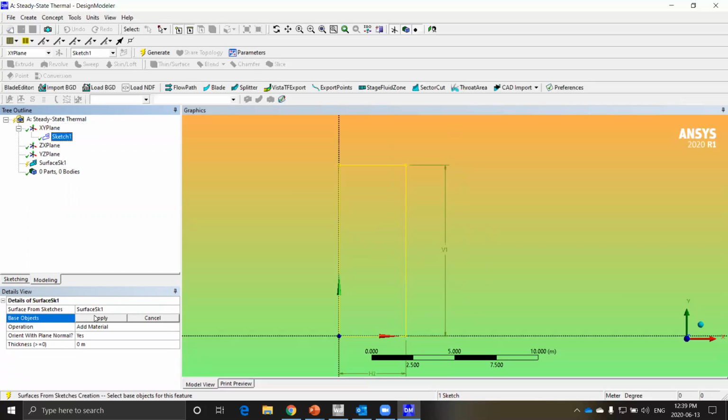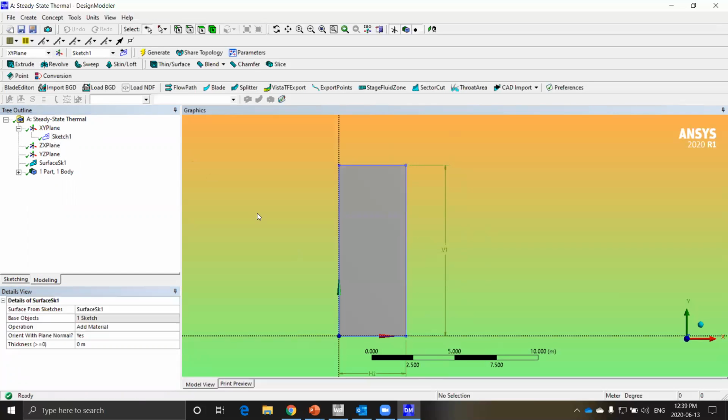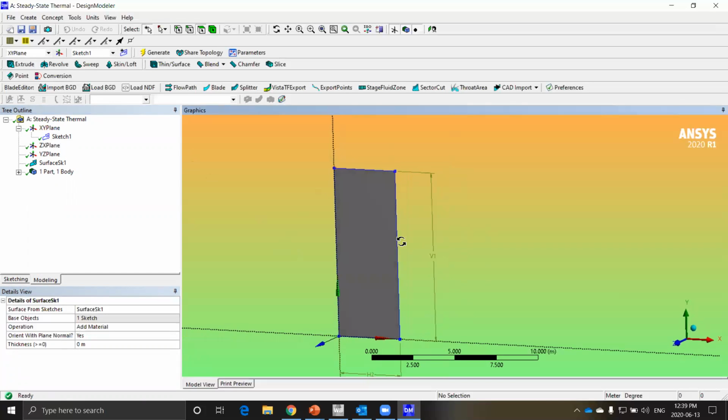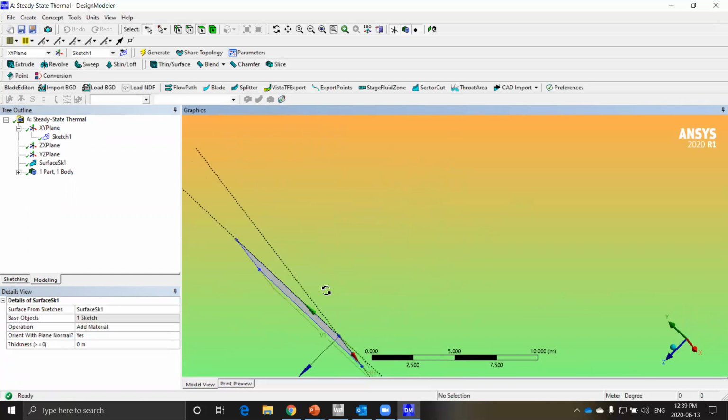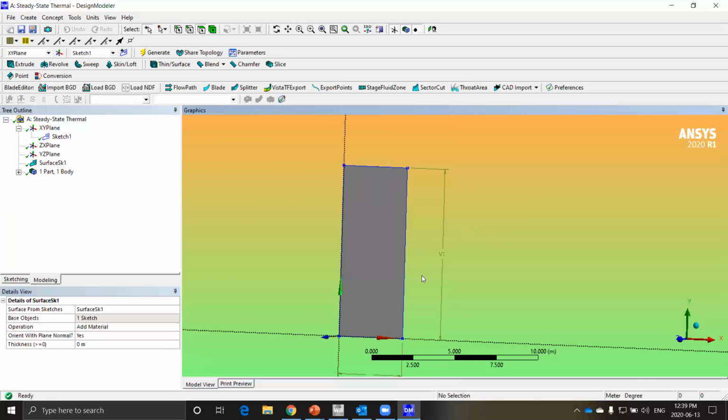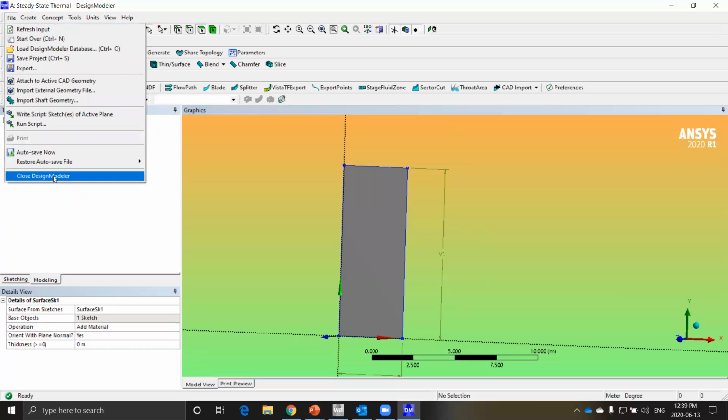Click on that, it selects the sketch, and then you can click on Apply. Then we click on Generate, and that will give us a surface. So now we have a two-dimensional surface which we can work upon. So that's about the geometry. We are ready with the geometry. We can close the Design Modeler.